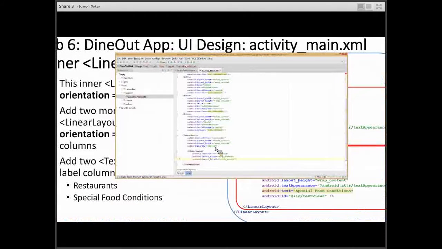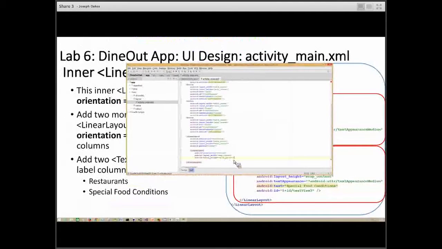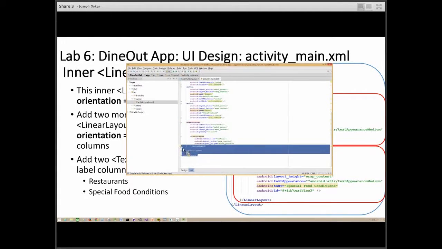So when we look now, we have a horizontal linear layout and then a vertical one inside. So we got to make sure that everything is closed. All right, good. So we have 3 closing linear layouts because we have the outer one, and then I created an inner